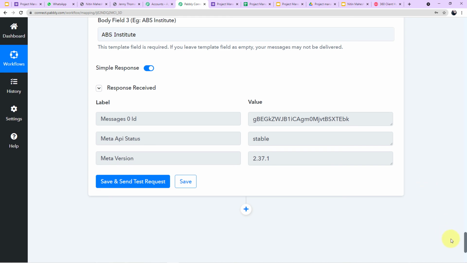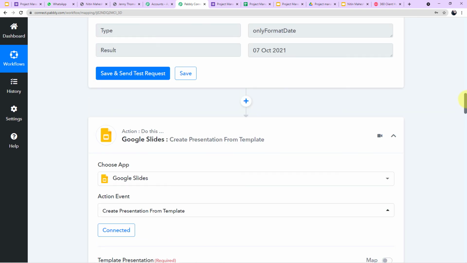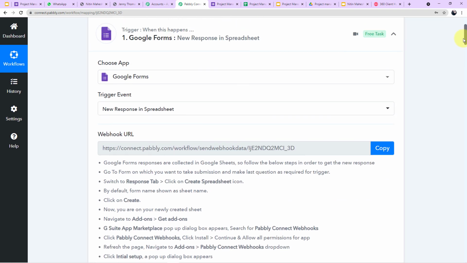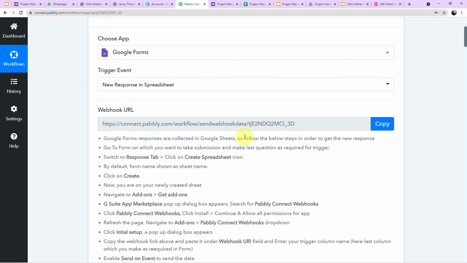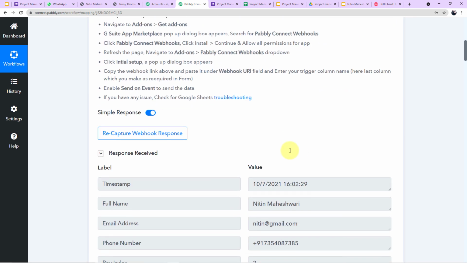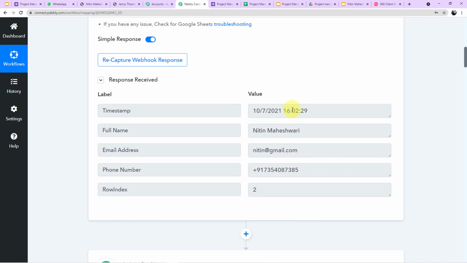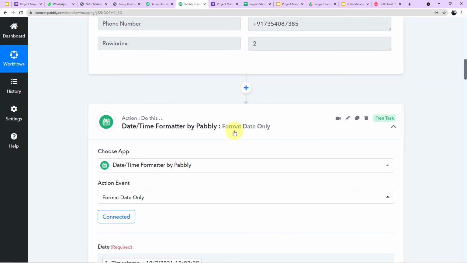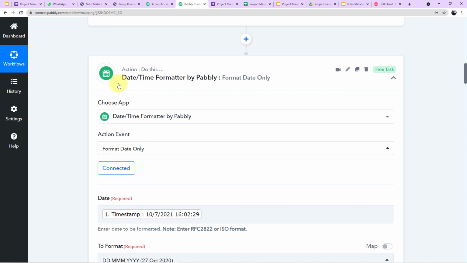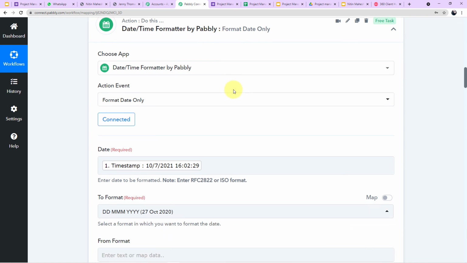Now let me give you a quick recap of what we have done here. First of all, in this trigger option, we chose the application as Google Forms. We connected the application with the help of this webhook URL and captured the data like this. After this, we formatted this timestamp to remove the time with the help of the Datetime Formatter by Pabbly.